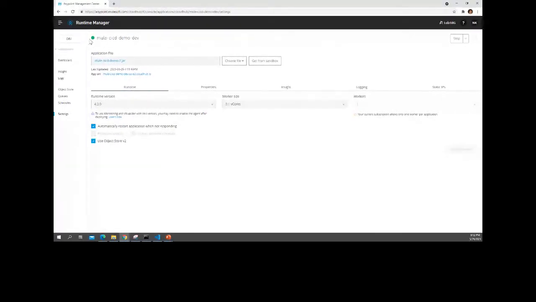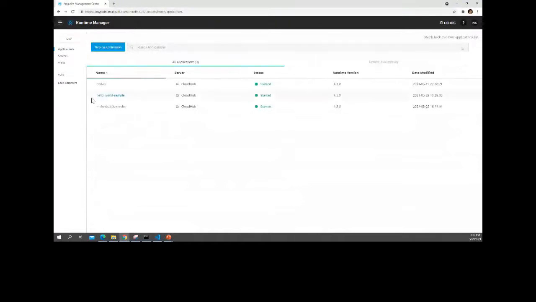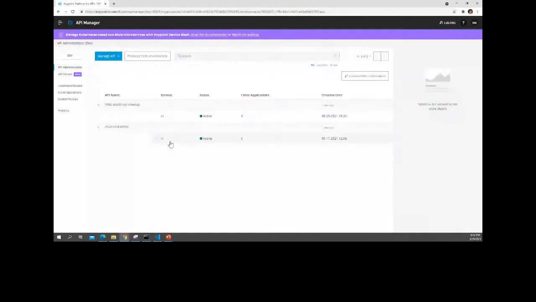Once your API is running over here, the next step is you apply some policies. Say I want to have an OAuth policy, I want to apply client ID enforcement. For that, API Manager is the place where you need to go, where you can associate your runtime deployments to a particular instance and have API auto discovery. You are already seeing here that I have 2 applications.